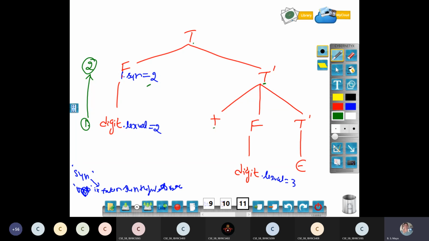This T dash has 3 children. Is it possible to compute these 3 children? Did you already compute them? No. Then we have to compute for this one. Now I have a terminal node. Which number can I give it? It is dependent on what now? F is dependent on only children. Then I can give this as